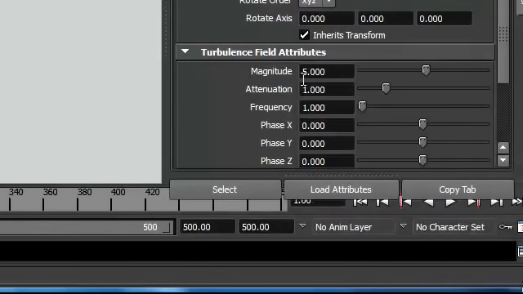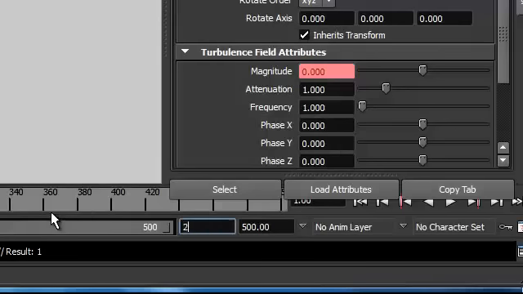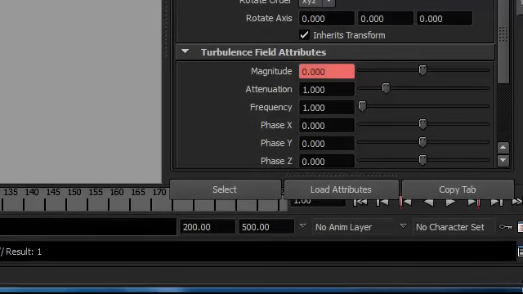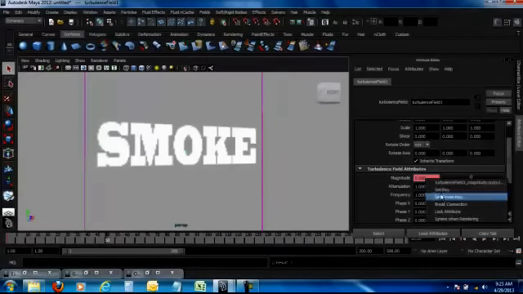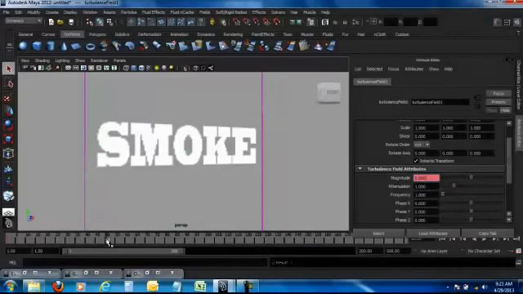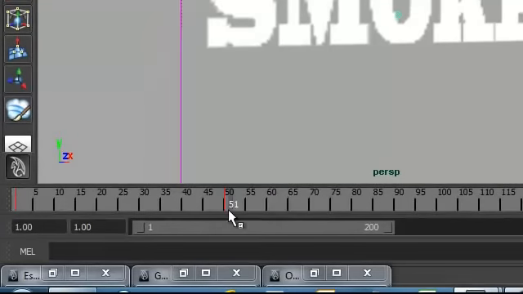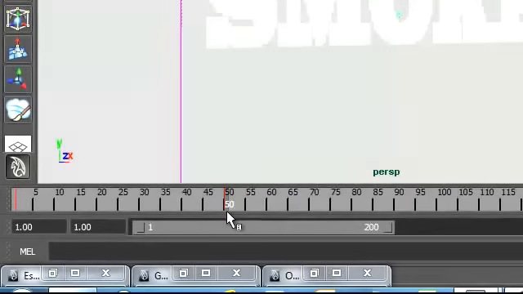There's a certain amount of keyframing that needs to be done when I'm going to make an effect like this. So I'm going to come to magnitude, and at frame 0 I'm going to set my magnitude value to 0, give it a key, and I'm going to shoot this down to 200. We don't need 500 here. So let's come to somewhere around frame 50 and again set a value 0. So basically from frame 1 to frame 50 there is absolutely no change in the magnitude of my turbulence. Moving ahead to frame 60,